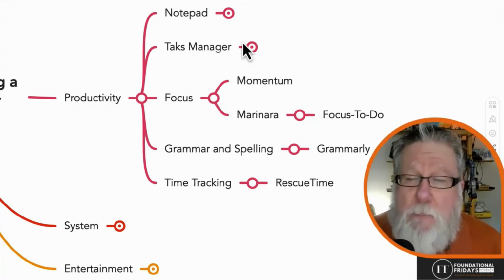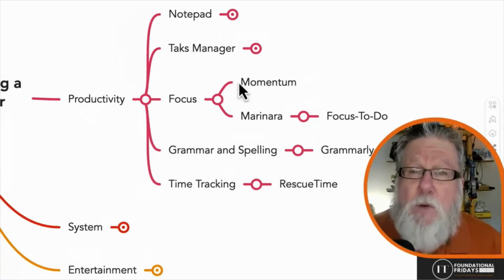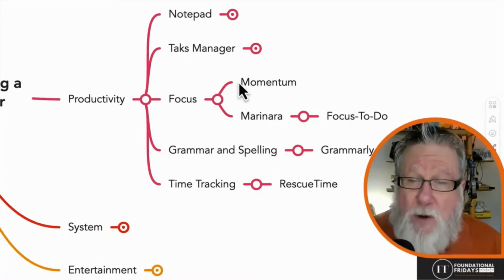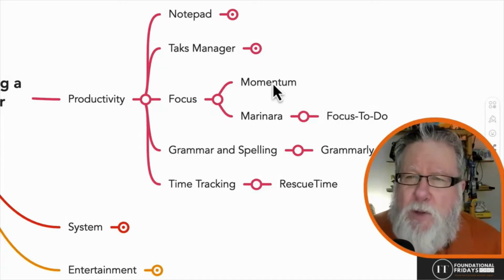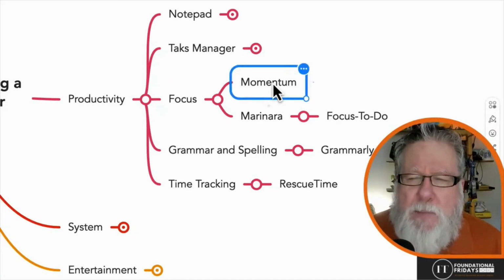And I don't think there's any better place to do that than through apps that help us enhance our focus. So the first one I'm going to share with you is one called Momentum. Momentum is an interesting